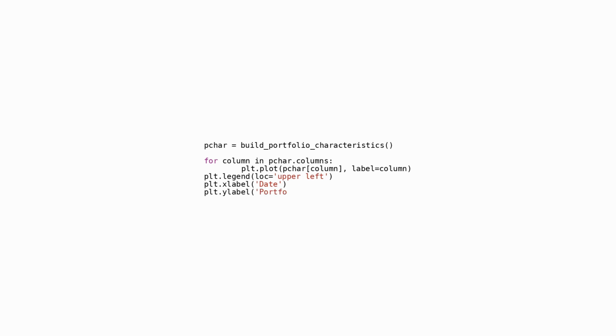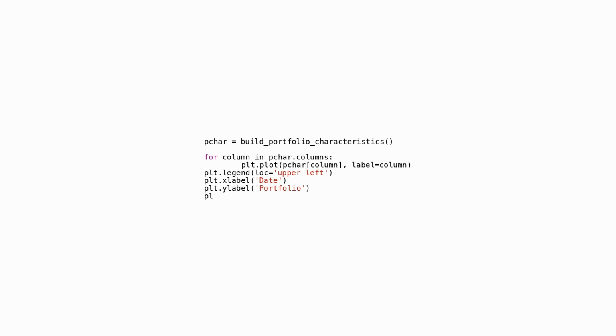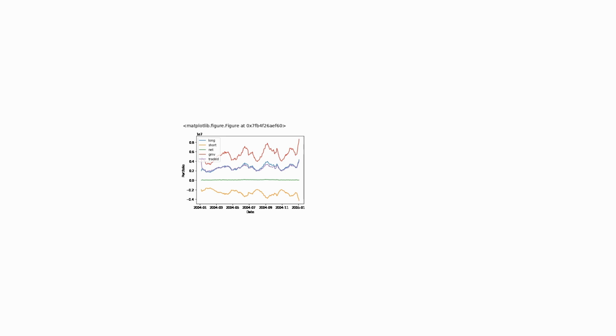Next, plt.label, date, and plt.label, portfolio, set the labels for the x-axis and y-axis of the plot, respectively, indicating that the x-axis represents dates and the y-axis represents the portfolio characteristics values. Finally, plt.show displays the resulting line plot with multiple series represented. This visualization allows the user to observe how the various characteristics of the portfolio change